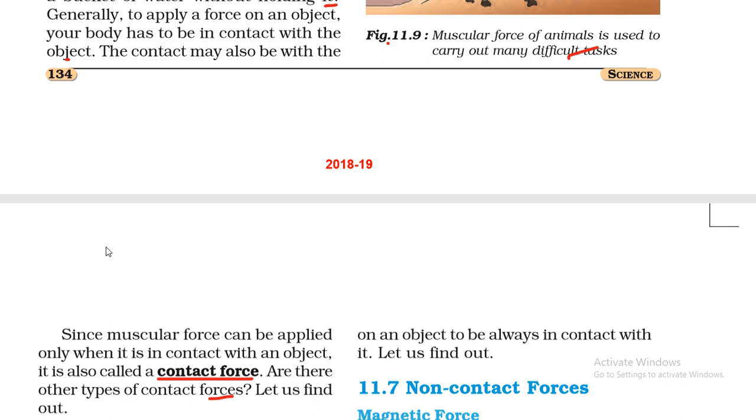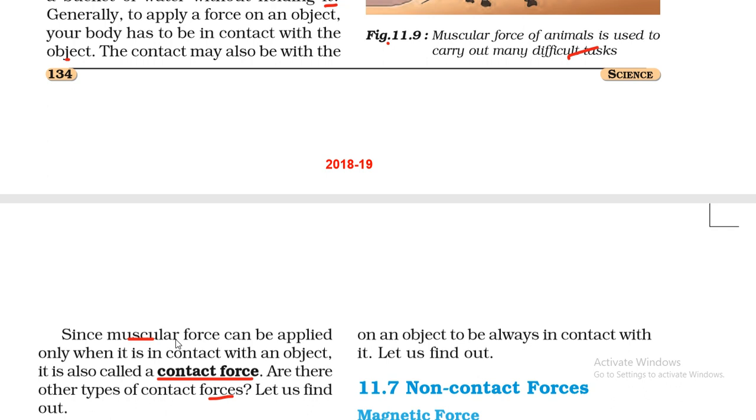So students, I hope you understand the concept of contact force in this session. In the next session we will discuss friction and non-contact forces. So you can search about the contact forces and think about one question: is friction also a contact force? If yes, then your task is done. It means you searched one of the contact forces, that is known as friction. Okay, and now you can search for other contact forces.